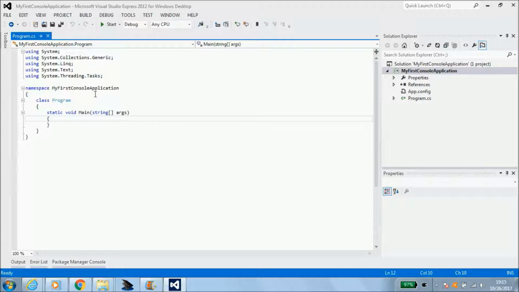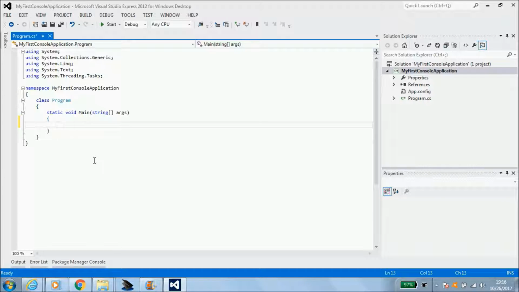Okay, and here you can see our namespace is called my first console application, just as we specified in the create a new project dialog. Our class is program, and static void main is our main function where things will happen. So let's go and